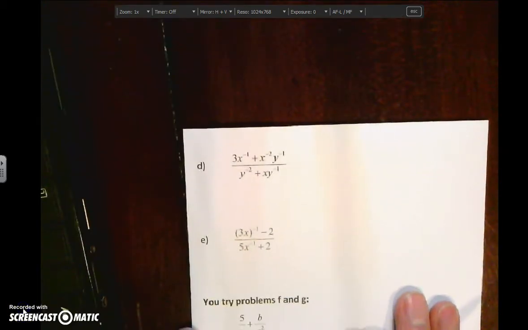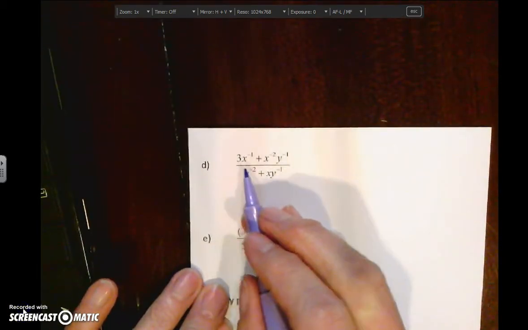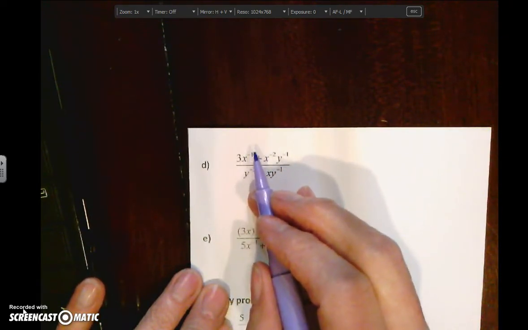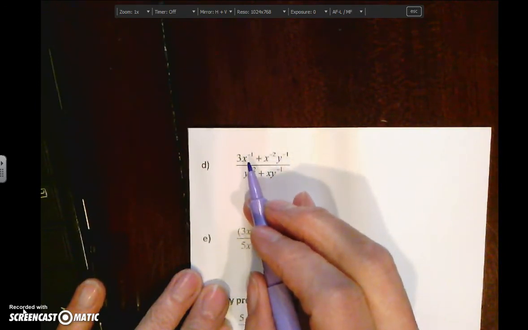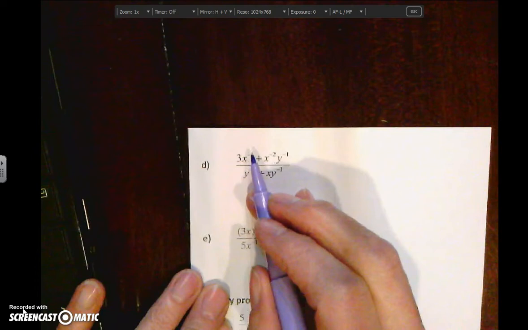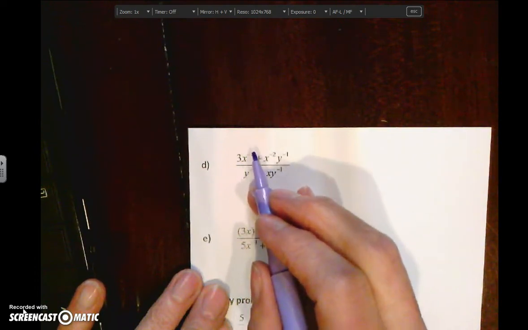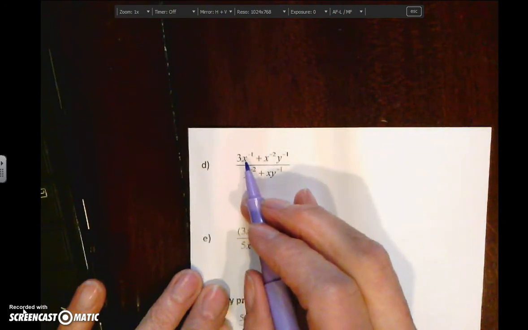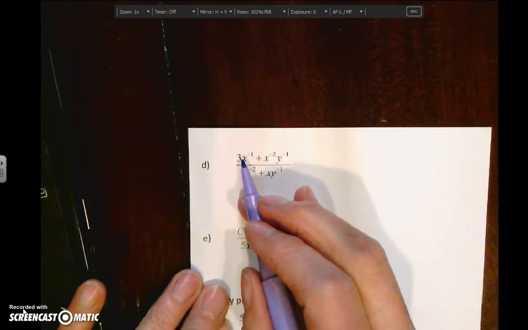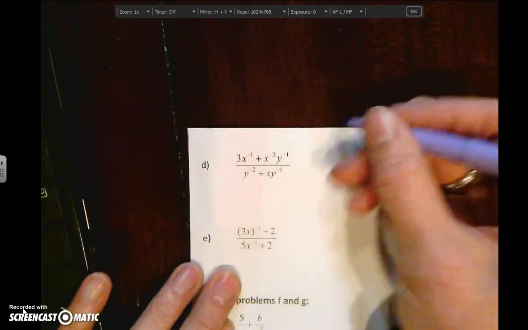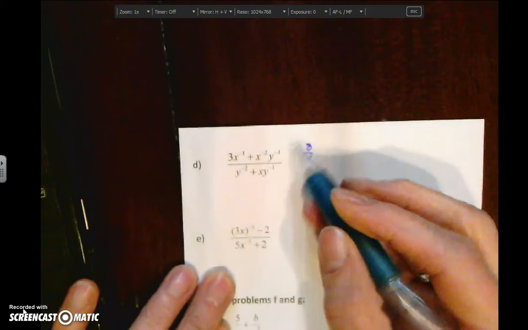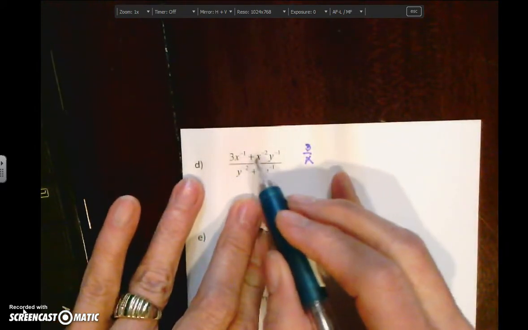Now, example D, starting here, we're going to be using some of our exponent properties that we know about negative exponents. Recall that x to the negative 1 is actually 1 over x. And recall that an exponent only applies to the one thing it's next to, not both of them, unless there's a parentheses. So this is going to be 3 times 1 over x, which is going to actually be 3 over x. Then plus,